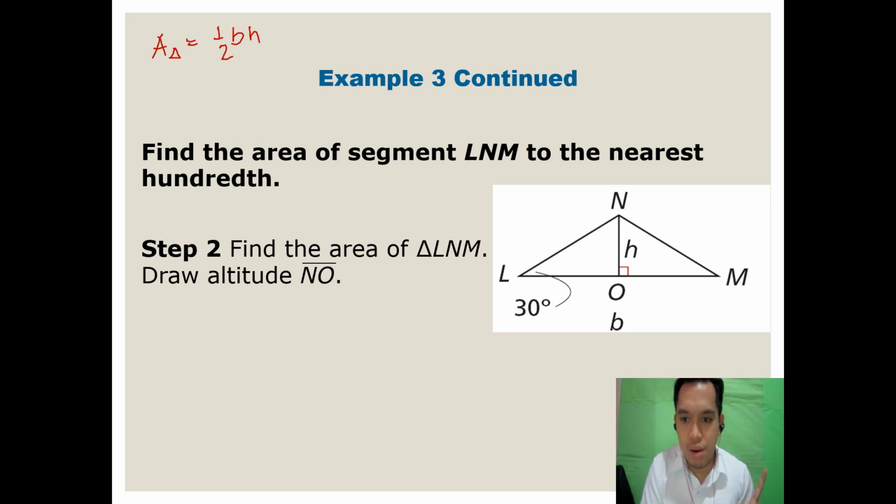So kanina, class, this is our triangle doon sa circle natin kanina. Ito yung ating triangle. Ito yung kanyang center, yung N. Tapos ito yung ating chord, di ba? Then binisect siya nitong height, itong segment NO. Binisect yung ating chord dyan, kaya siya naging 90 degrees angle. Okay? So, ang measure natin kanina, class,